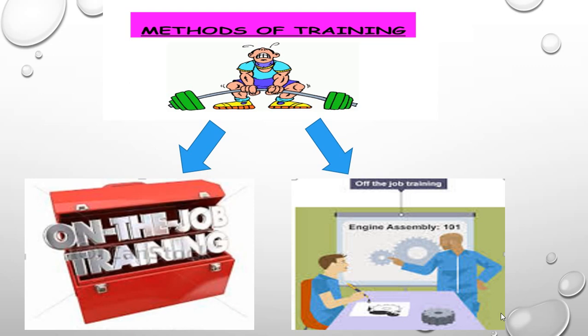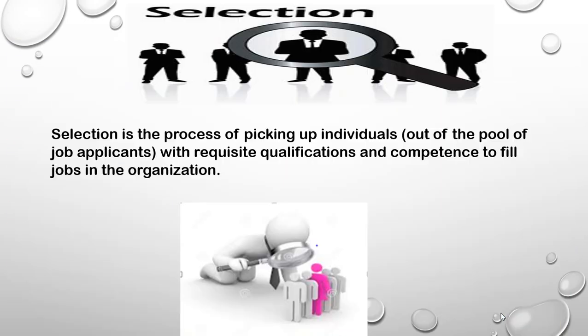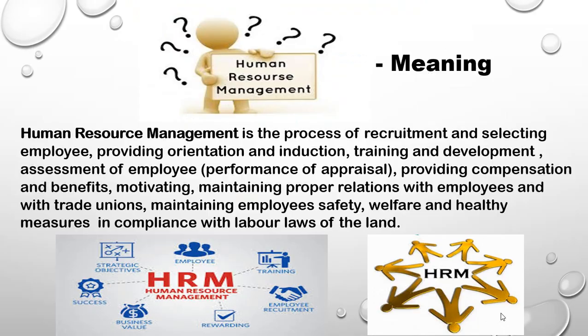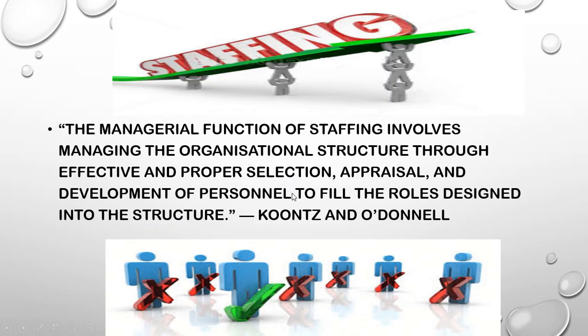In the last 30 discussions, we have covered chapter number 1, nature and significance of management, chapter number 2, principles of management, chapter number 3, business environment, chapter number 4, planning, and chapter number 5, organizing of NCERT. Now, in this discussion, I'll be continuing with chapter number 6 of NCERT, that is staffing, in which we have